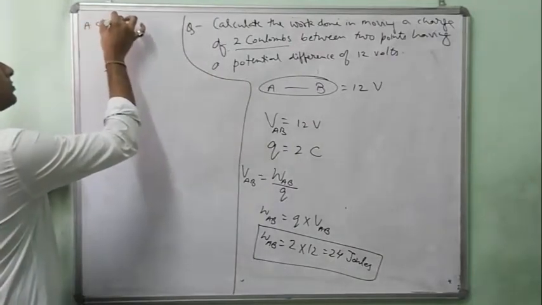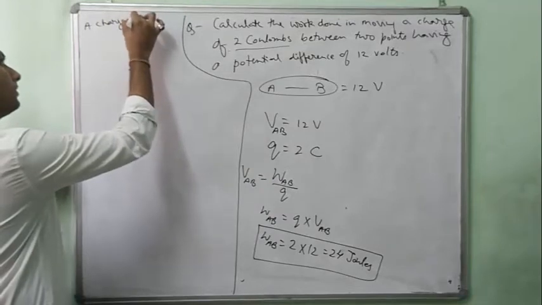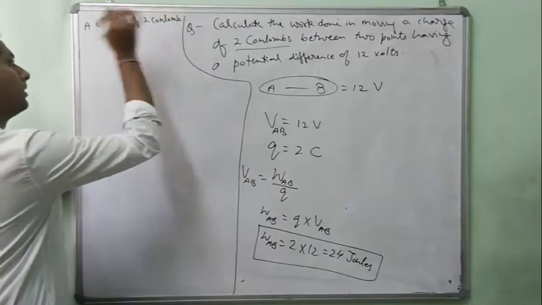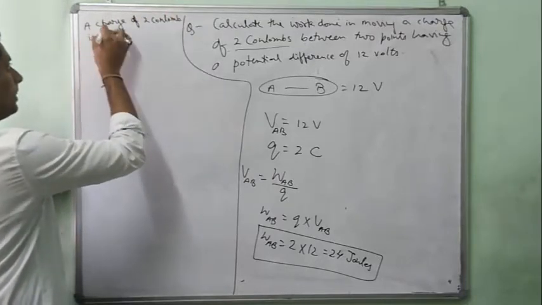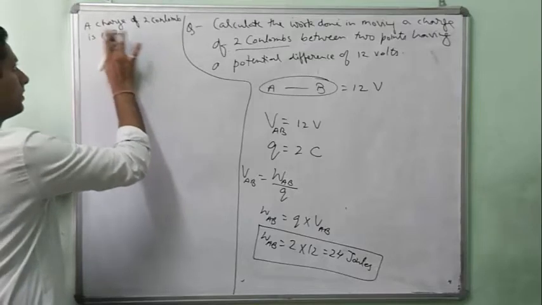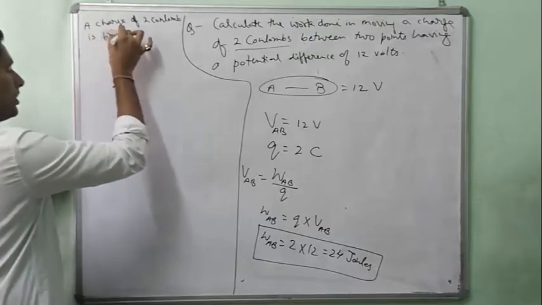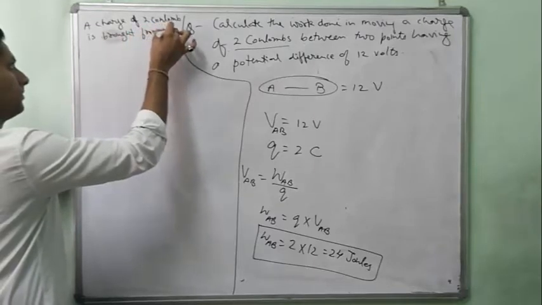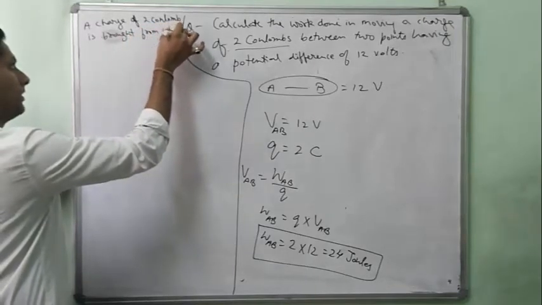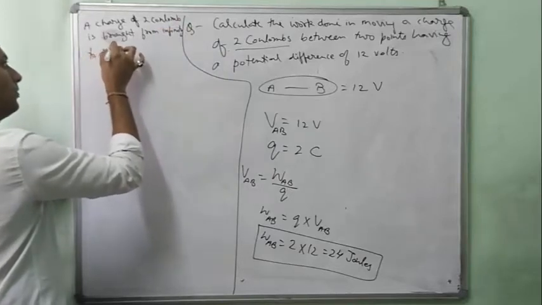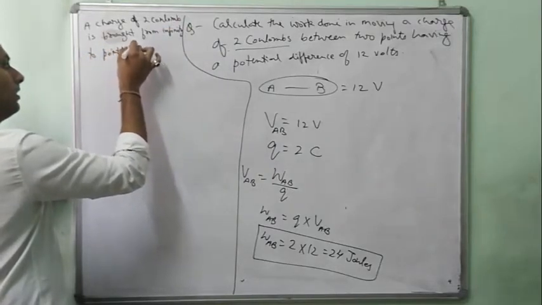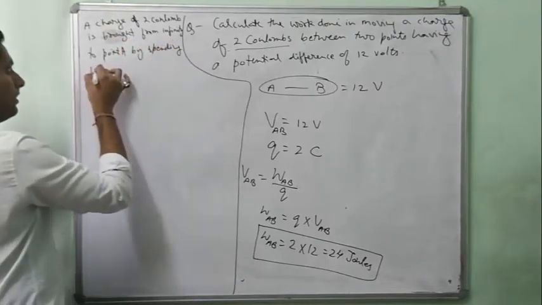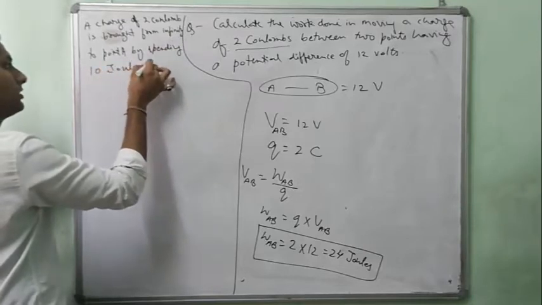A charge of 2 coulomb is brought from infinity to point A by spending 10 joules of energy,